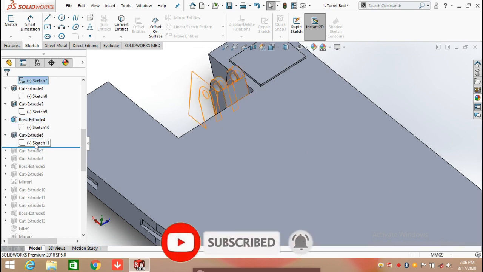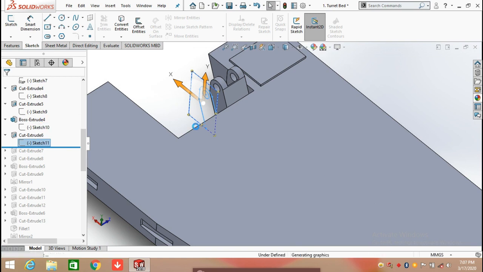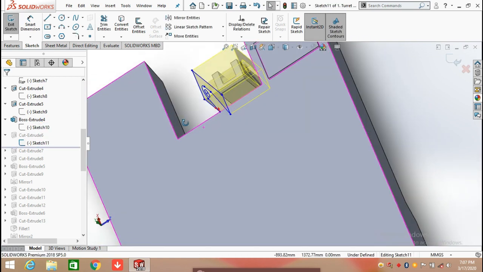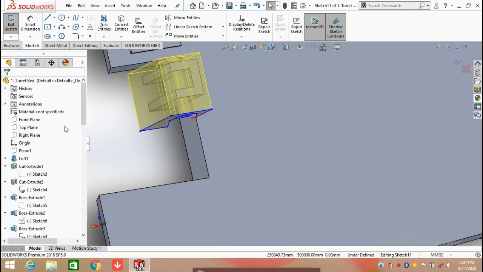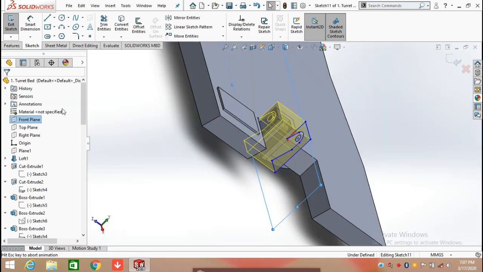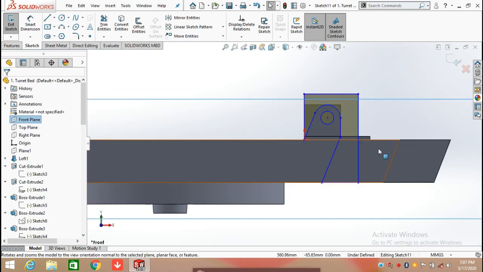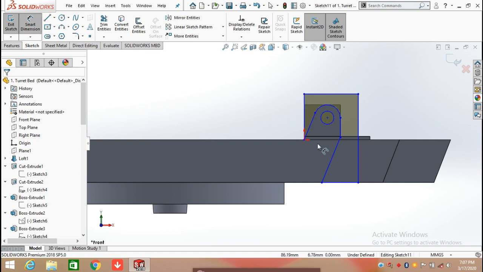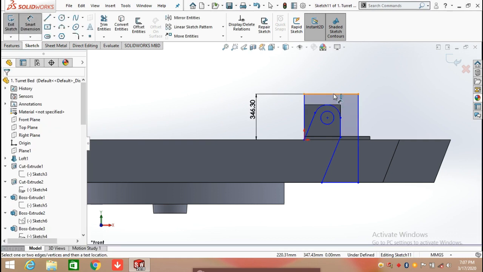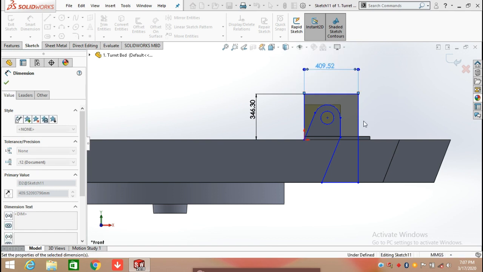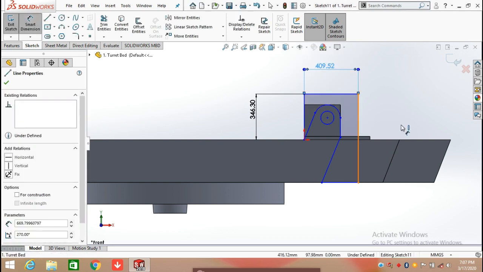After that, we are going to apply the Extrude Cut feature. So for this, again select the front plane, keep this plane in normal position, and draw a sketch here. Click on Smart Dimension, start the sketch from the origin, and draw a straight line from the origin, which is 346.29 mm. Continue with the line command. Here I am going to show its dimension,